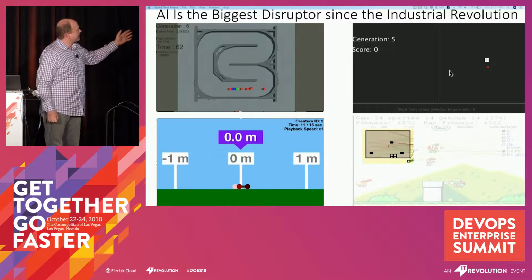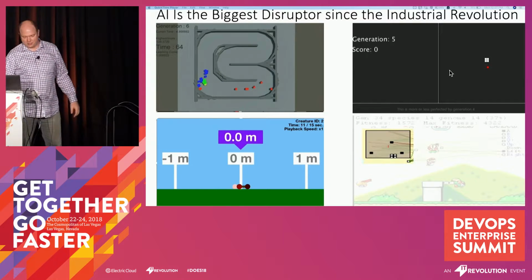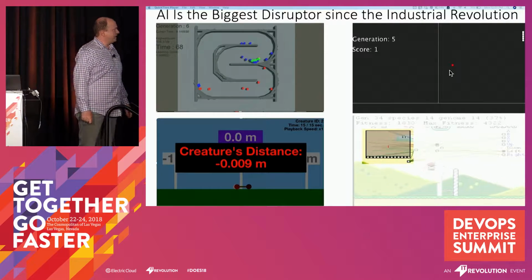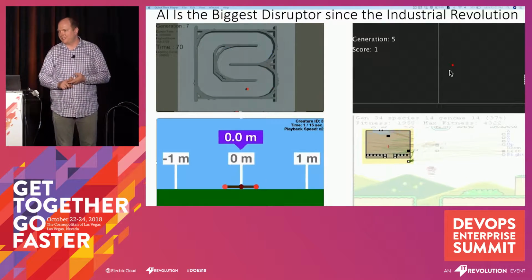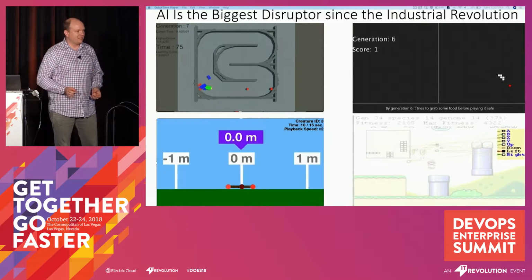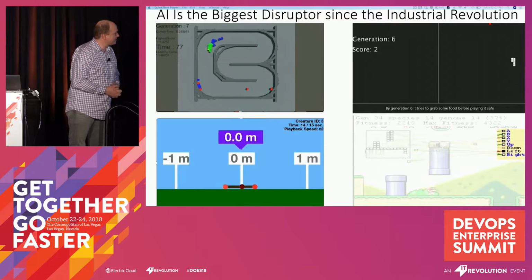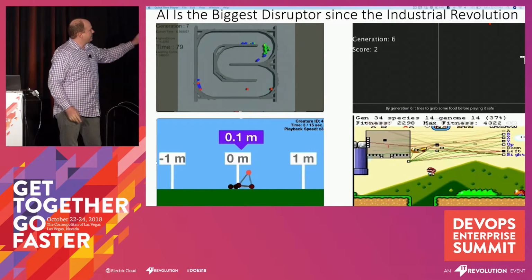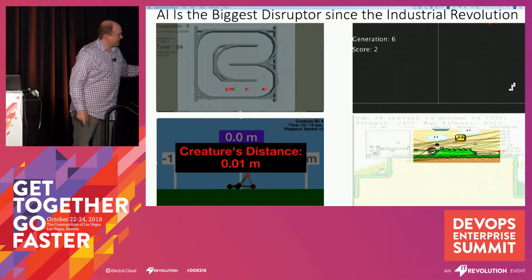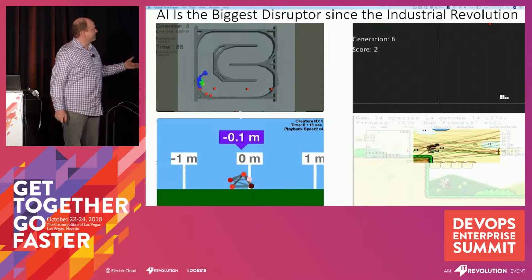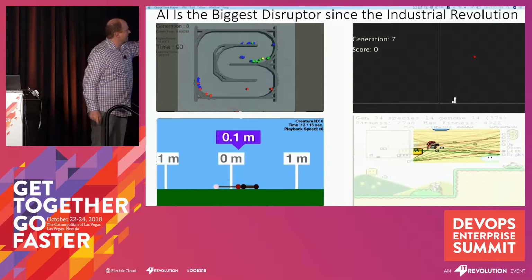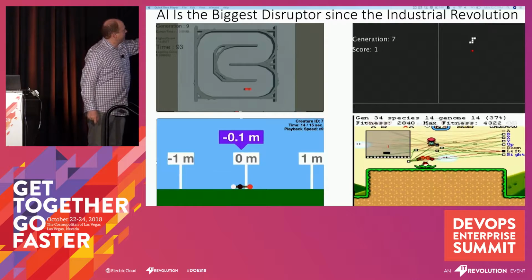And artificial intelligence, what you can see here, and I'm going to turn all of those cool videos on, can help us there. It can help us produce better software. It can help us do that cheaper. It can help us do it faster and eventually get to a continuous release process. And what you see here are all of the different expressions of AI, if you will. So at the top left, we see different types of cars that are all learning to go around a